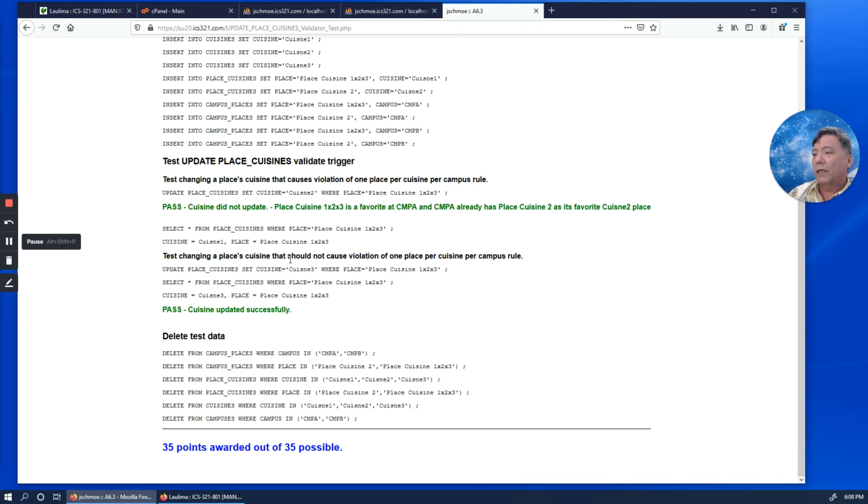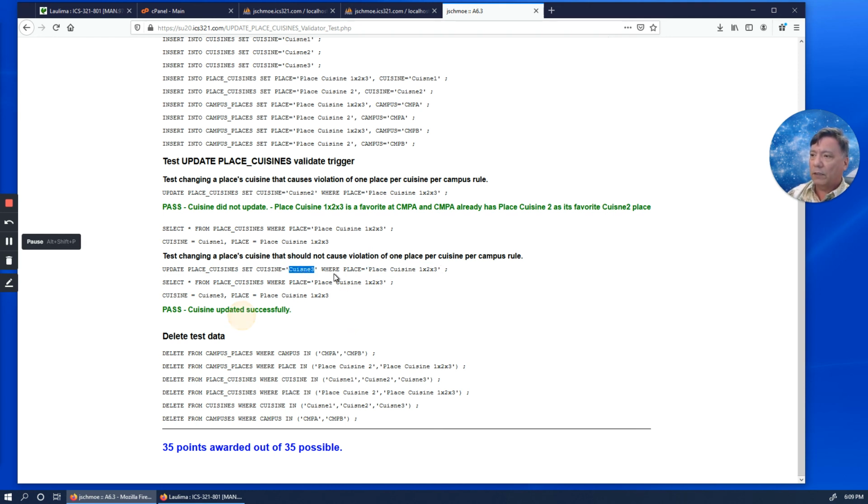Then it's going to try to do an update that should work, and you notice there's no campus that has a Cuisine 3 type cuisine, so we are able to change Place Cuisine 1x, 2x, 3 from Cuisine 1 to Cuisine 3.